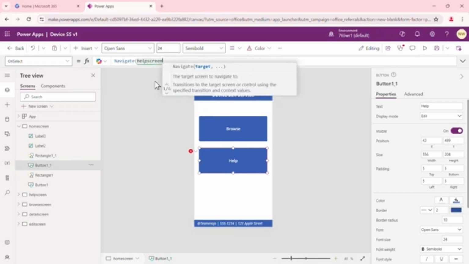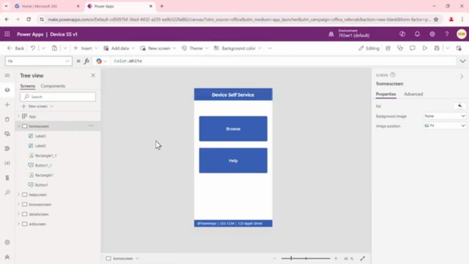So you can see naming the screens are very important. It really helps us to be able to find what we're looking for. All right, so we're good to go. Okay, so the first part is done. Our home screen is good to go. We can jump to the browse, we can jump to help. And if we go to help,